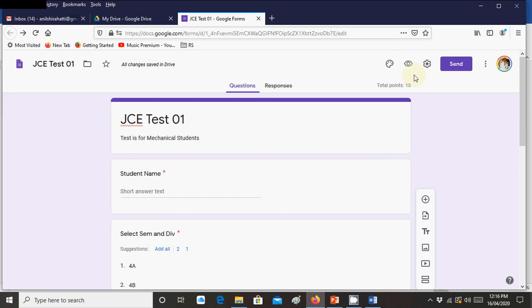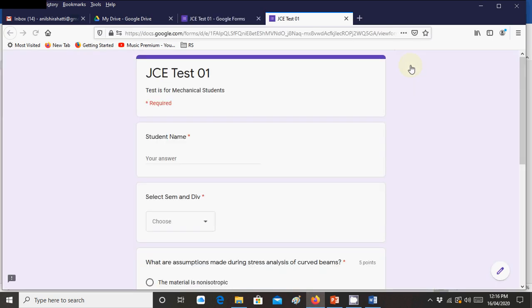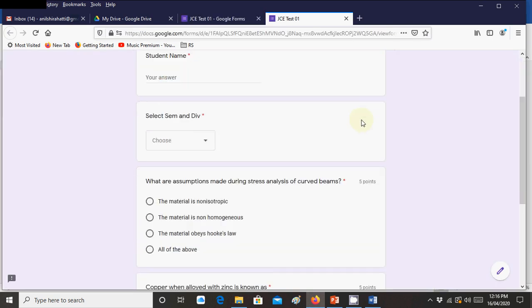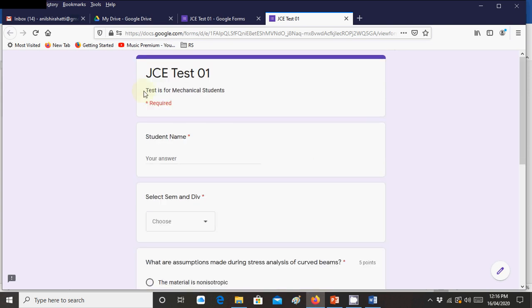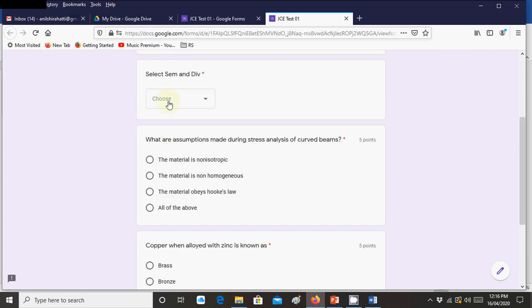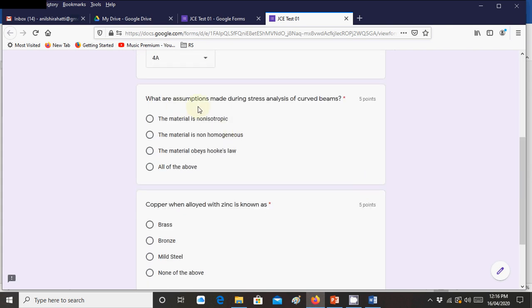So let's say I make this one live now. This is how it will look on their mobile or laptop. You can see here JC test 1, they will get it. Students will write their name, let's say Anil. Then he will select his division, let's say 4th A. Then he will go through the assumptions question.